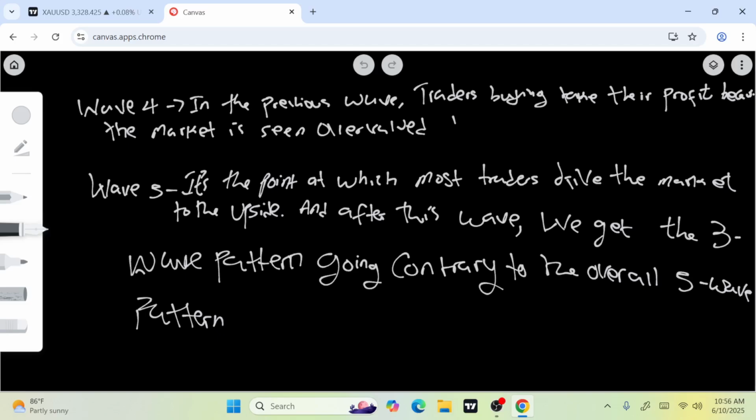Your wave five must not close below wave four. If it closes below wave four, it has changed the structure. But based on what Elliott has postulated, it is very sure that you are going to get your five waves. It must definitely give you your five waves for an impulsive movement. Are you getting it now? All right.